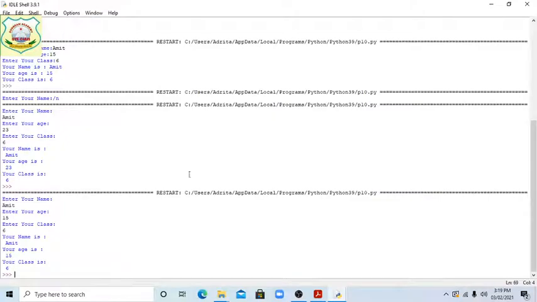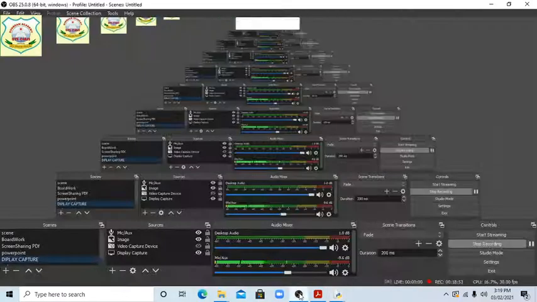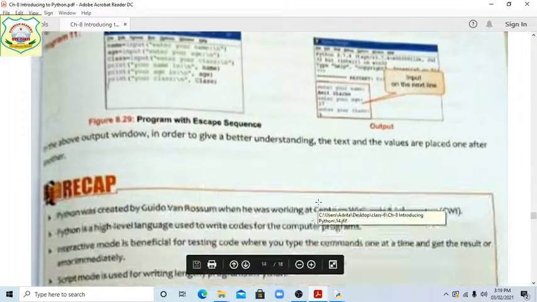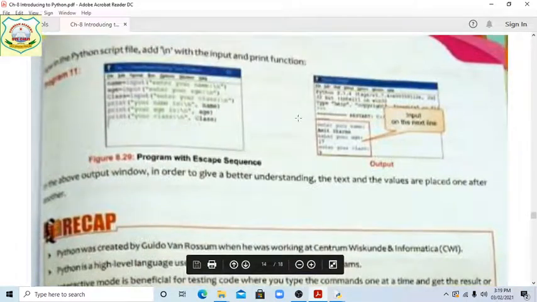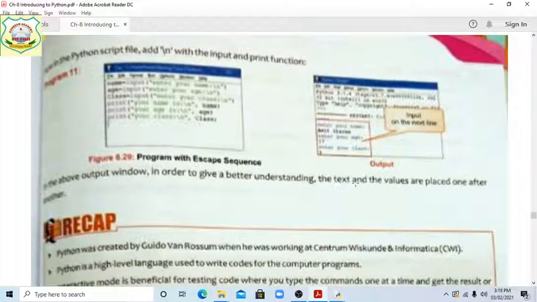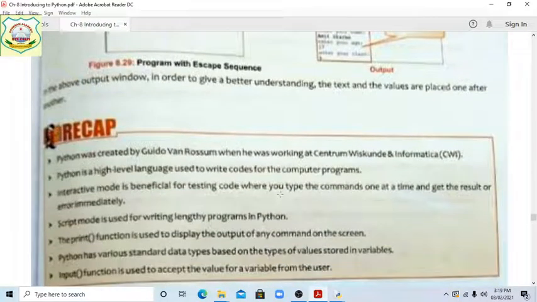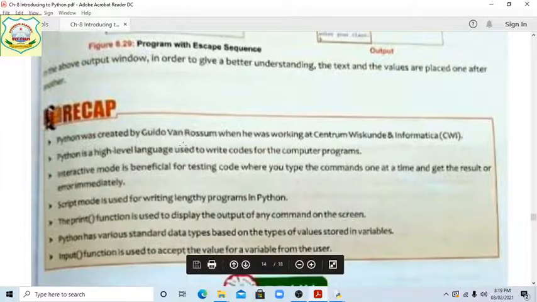It is okay now, students. So now we have done this also. Here the output is also given in a window in order to give better understanding, with the text and the values placed one after each other. Now the recap, you know these things we have already read. So now this chapter is completed, students.